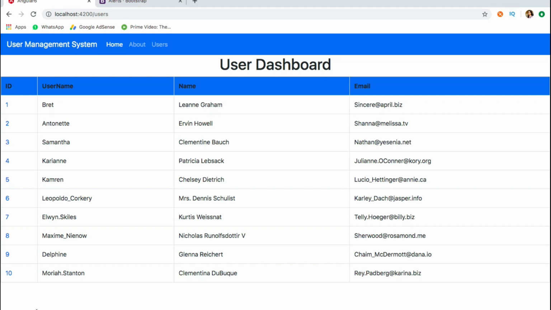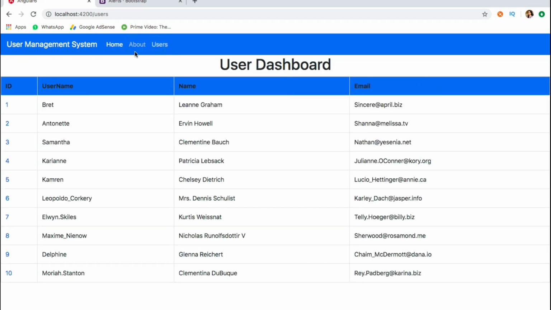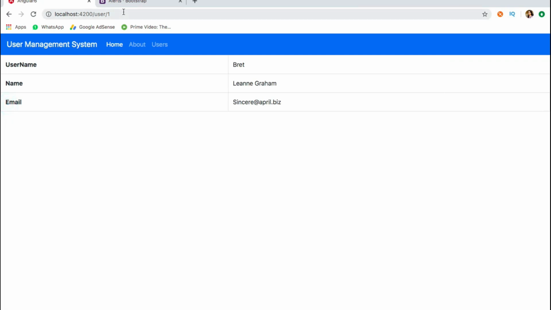In the last video, I have already discussed routing and how we can pass a parameter to our route. If you didn't cover my previous video, I strongly recommend watching that video first to fully understand today's session. In my previous video, we learned how we can create routes. So we created 3 routes: home, about and users, where the user can navigate from one path to another. And in the users component, we are passing this ID to another route which is called the user route. So here that is a route parameter.